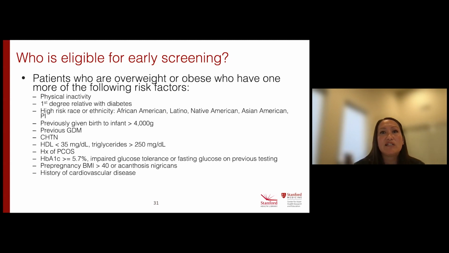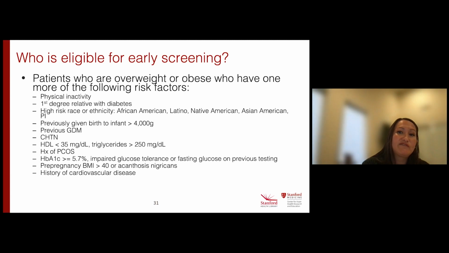And these risk factors include physical inactivity, a first-degree relative with diabetes, if you come from a high-risk race or ethnicity, and that's described as being African American, Latino, Native American, Asian American, or Pacific Islander, if you've given birth to an infant before that's greater than 4,000 grams, if you have a previous history of gestational diabetes, if you have chronic hypertension, dyslipidemia, history of PCOS,